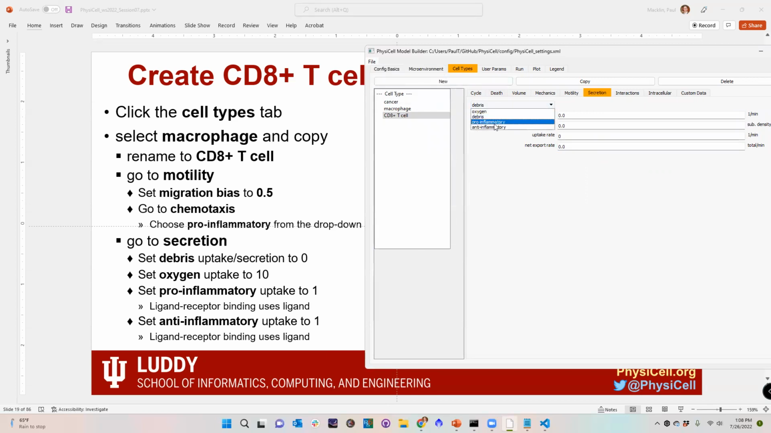And then I'm going to take the pro-inflammatory. These should not be secreting anything. But they should be uptaking pro-inflammatory because they're in the process of binding to the ligand in the environment, that should be consuming a little bit of ligand from the environment. So I'm just going to pick a moderate value of uptake rate of pro-inflammatory factor and a moderate rate of uptake of the